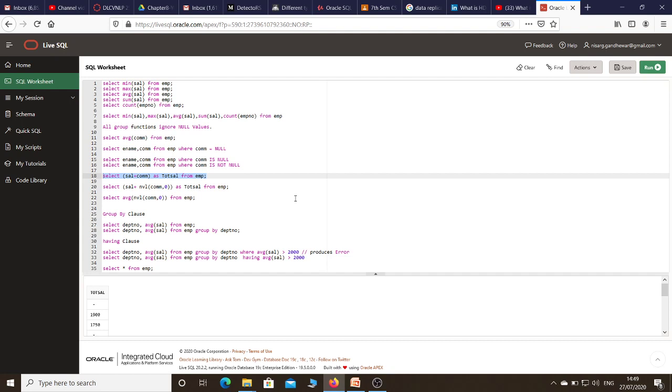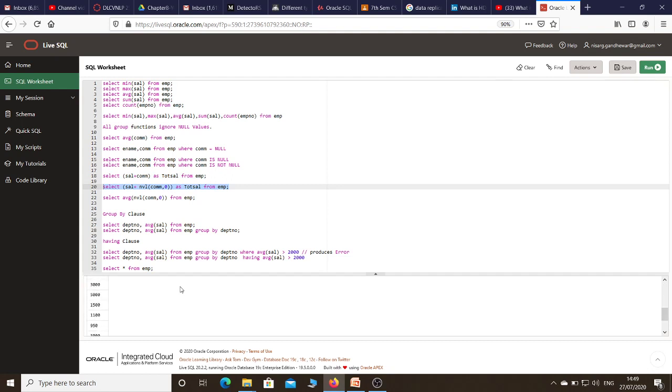In order to handle this, we have to make use of the NVL function. What the NVL function will do is replace the null value by a specific value. In this case null means what? 0. We need to add 0 in that case. So how can I do this? By using NVL. How can I write the query? Select sal plus NVL in brackets commission comma 0. That means wherever you find the value of commission as null, you replace it with 0. So now I will execute this query and let's check what output I get.